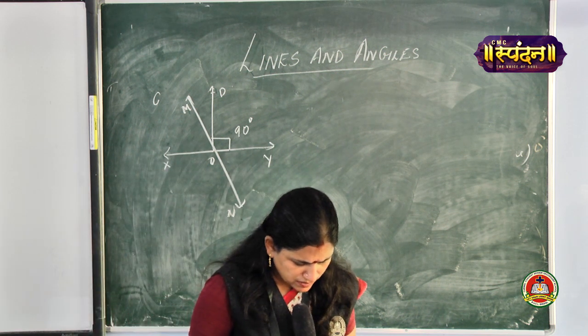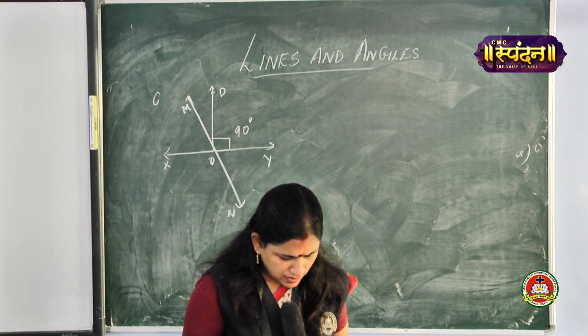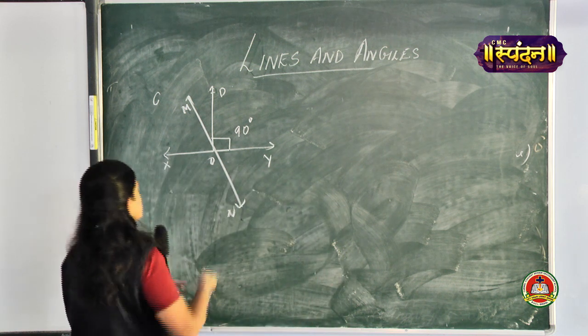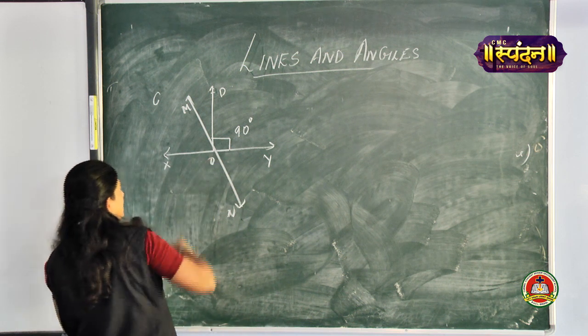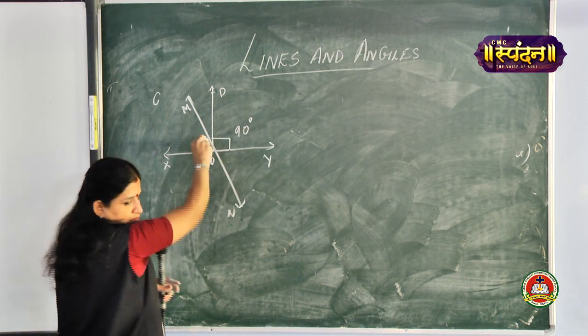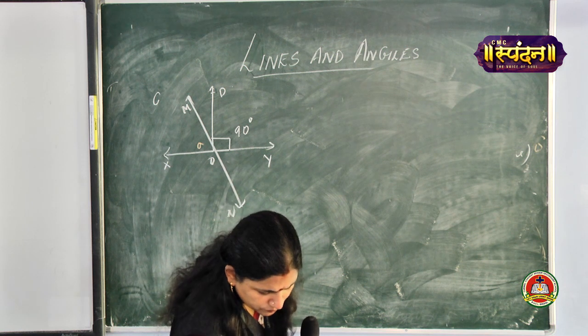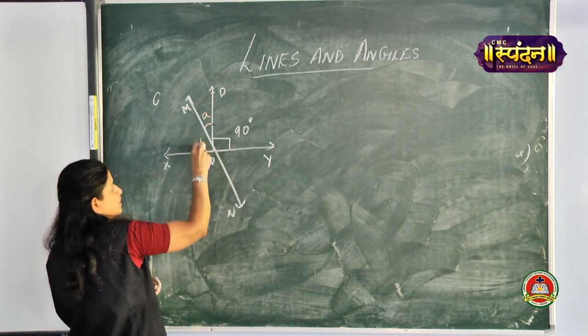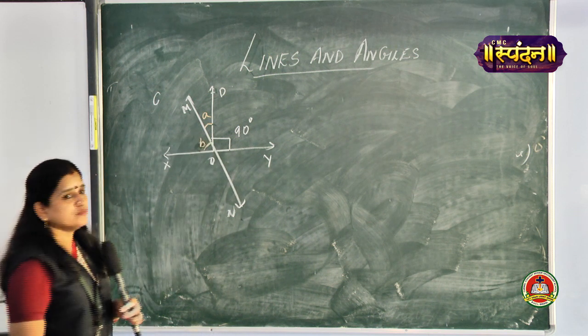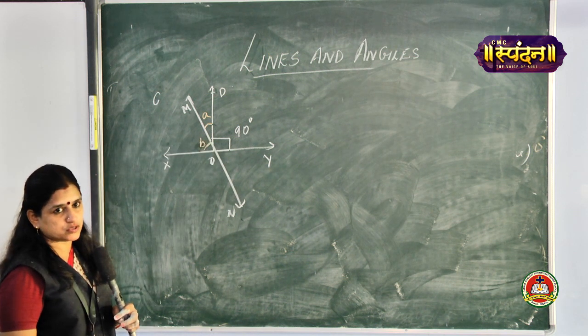And also it is given the ratio of A is to B is equal to 2 is to 3. These two angles, the ratio of A is to B. So they are given A over here, A angle is over here and they are given B over here. So they are given the ratio of these two angles is 2 is to 3.